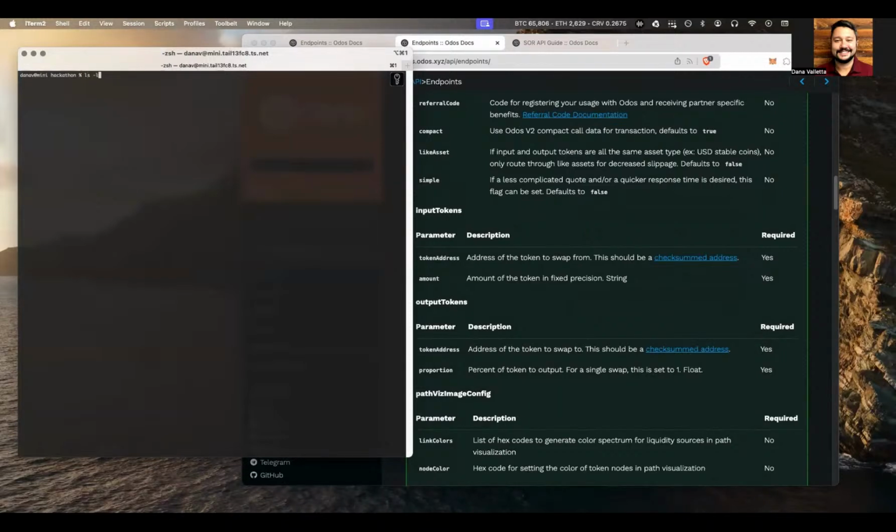So I have 3 scripts here to outline the basic functionality that most use cases use Odos for, and that's pricing tokens on chain through very highly accurate mechanisms that refresh block by block. We use the API to quote a transaction. And this is simply to get an idea of the price impact, the routes available, the liquidity available.